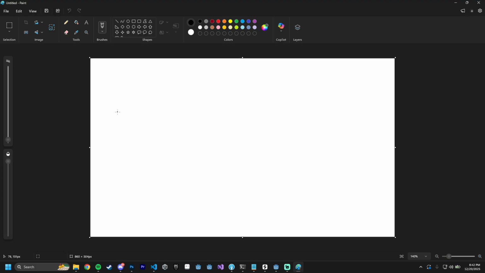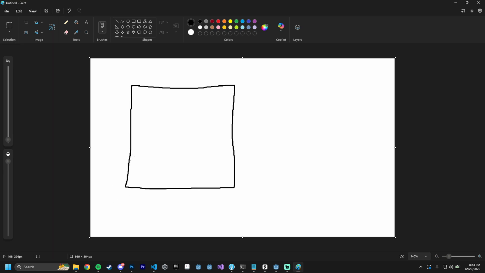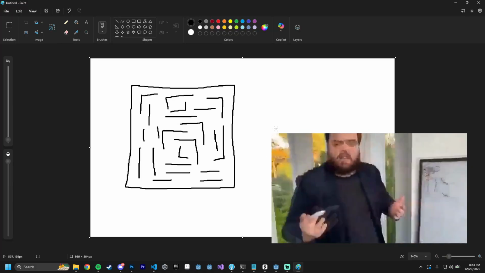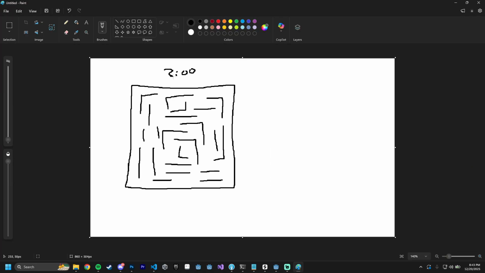So basically the theme for this game is it's going to be a party game, and there's going to be one maze master and everybody else is a maze runner. So essentially the maze master every round will have a top-down view of the maze. Let's say this is our maze, and then they have the ability to design the maze. Then the game will start and everybody else who's waiting will get dropped into the maze, and they're gonna have